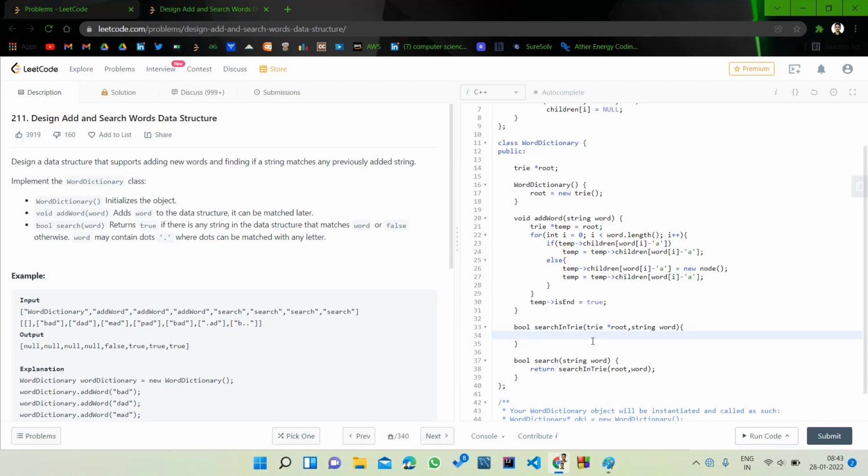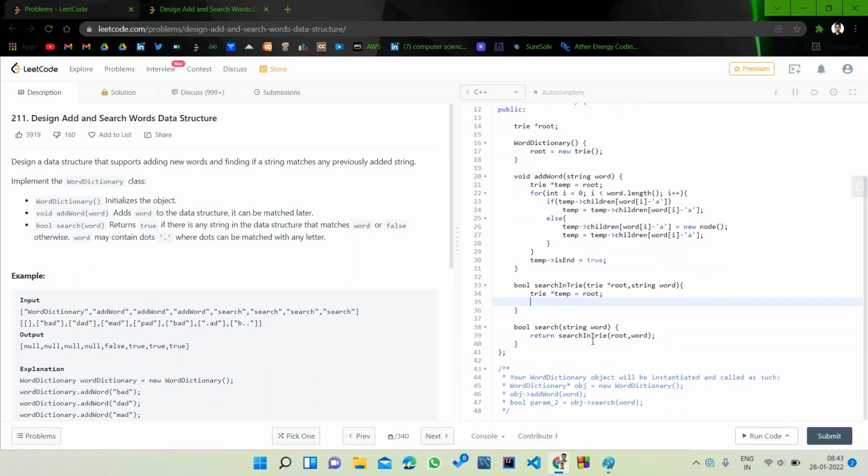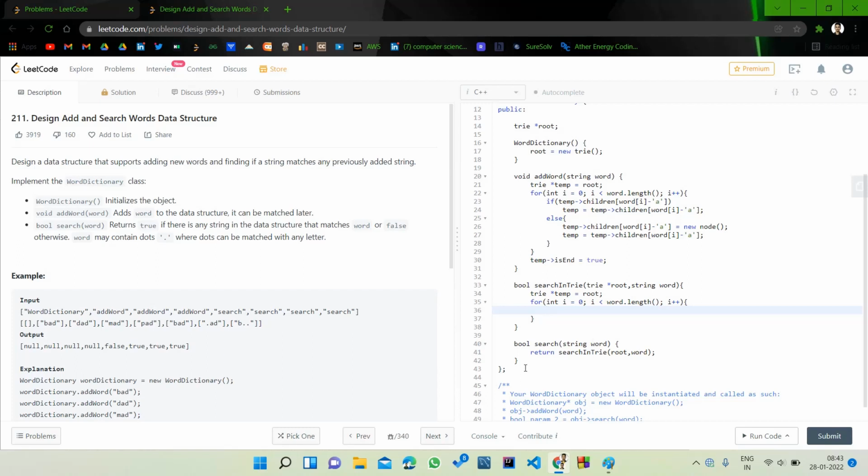And then, as we have done before, similarly we are going to do that. I am going to search for each character till the end of the word, and this is for each term. In order to convert that character into the range from 0 to 25, first I will take an int